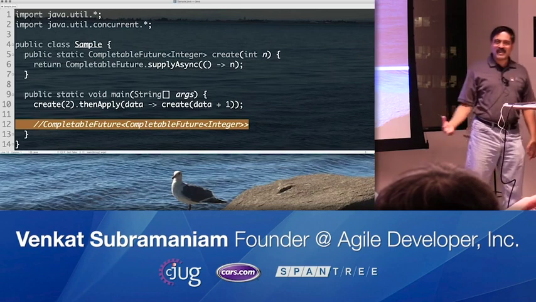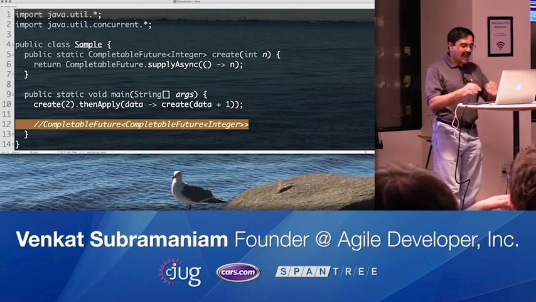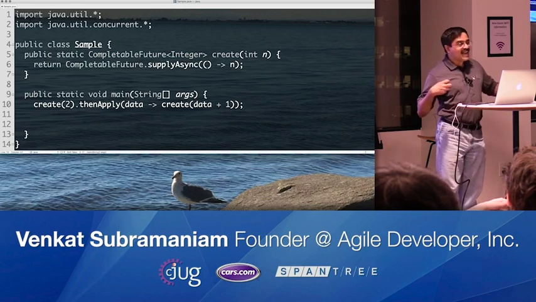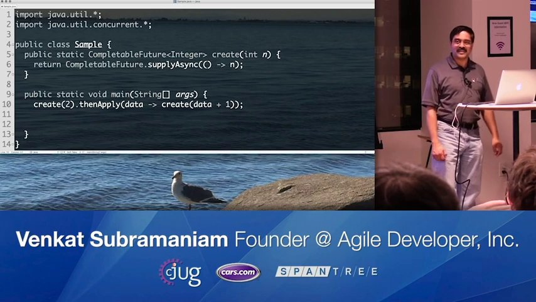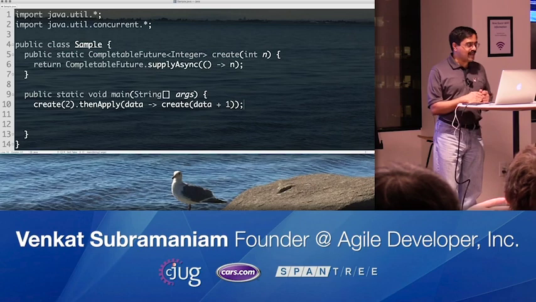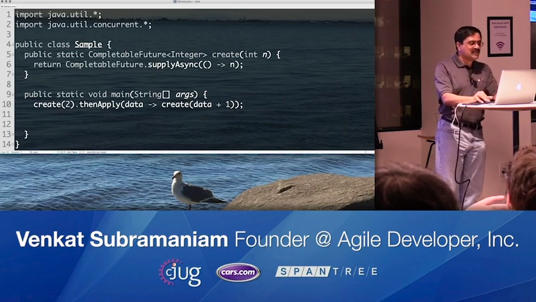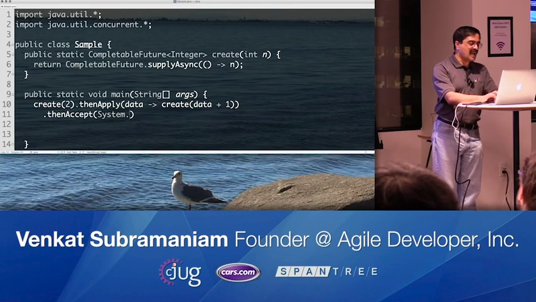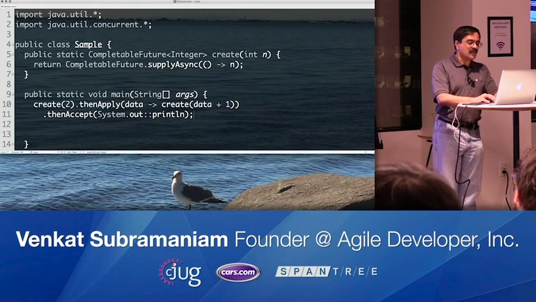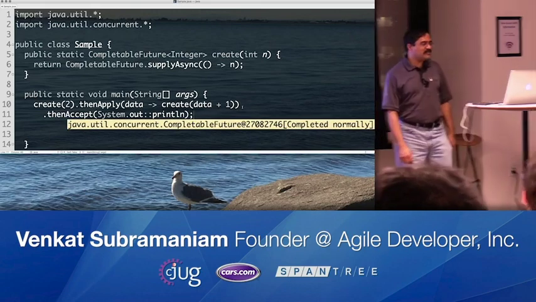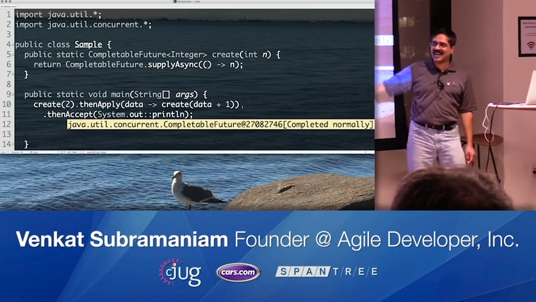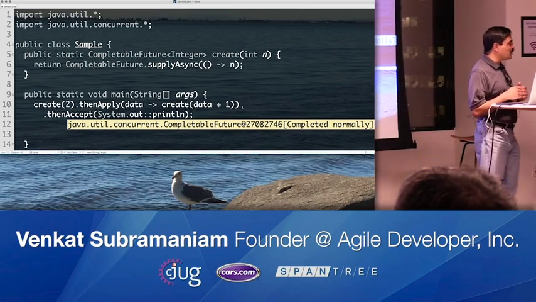This is going to be a CompletableFuture of a CompletableFuture. And to make things worse, take that and call another method. You can even have a CompletableFuture of CompletableFuture of CompletableFuture. And that's not going to be fun, right? Well, let's actually prove that it's true. So I'm going to say dot thenAccept System.out.println, and when you run this, that's a CompletableFuture of CompletableFuture, right? That's why it printed that CompletableFuture inside of that. Jikes, that's not what you really wanted.